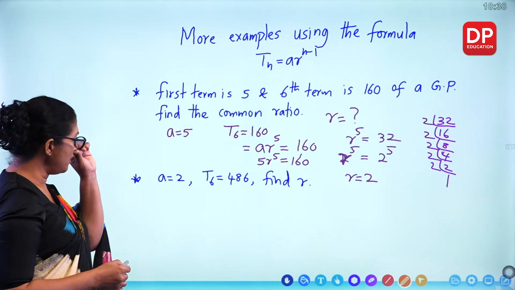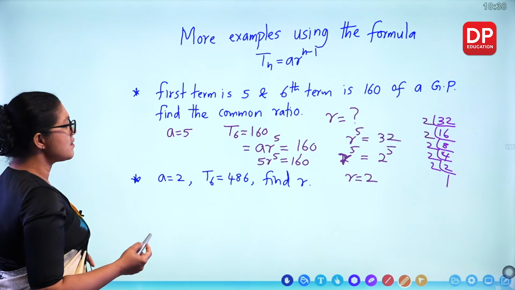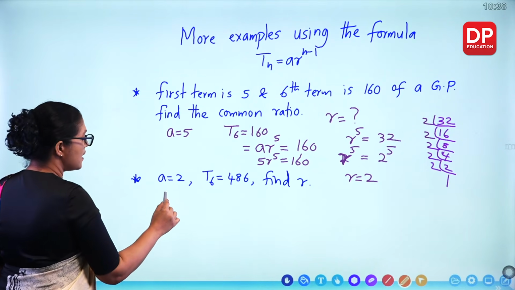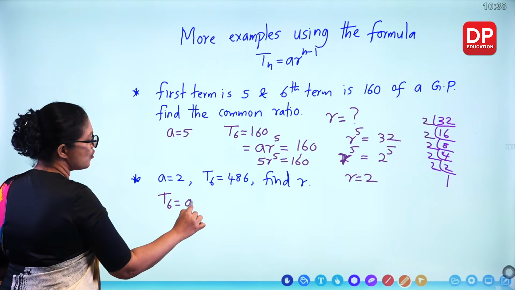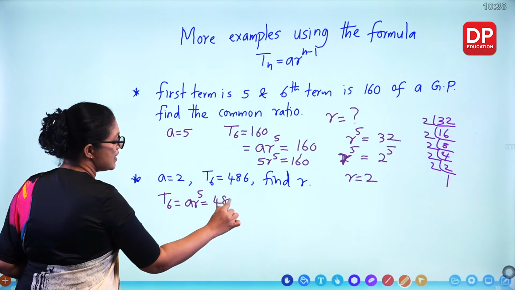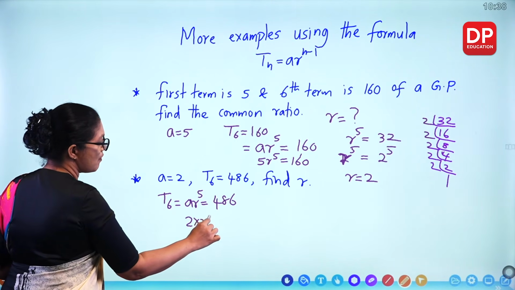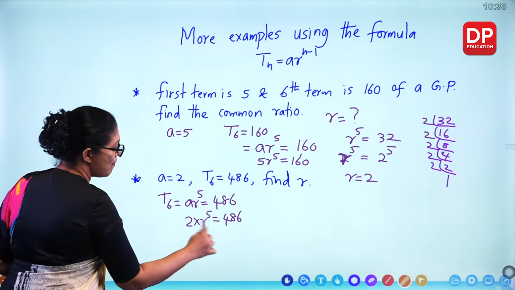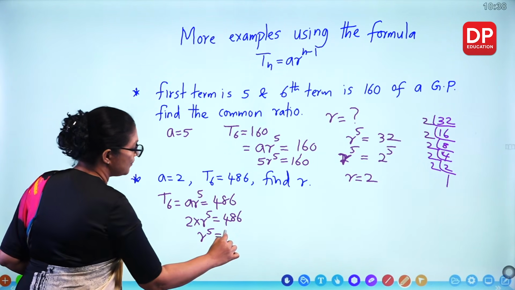Now look at this one. The first term is 2. The sixth term is 486. So we can start from here. The sixth term, T6, is AR to the power 5. That's equal to 486. A is 2. 2 times R to the power 5 is 486. Divide by 2. R to the power 5 is